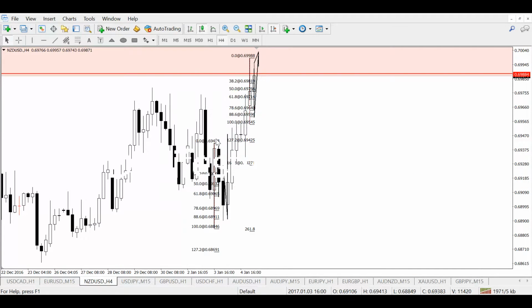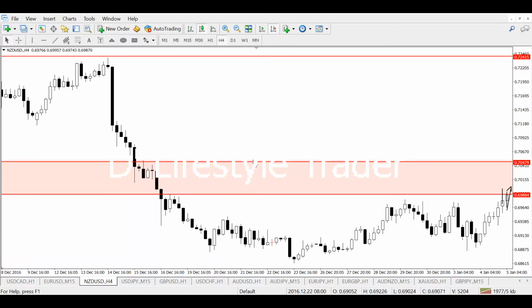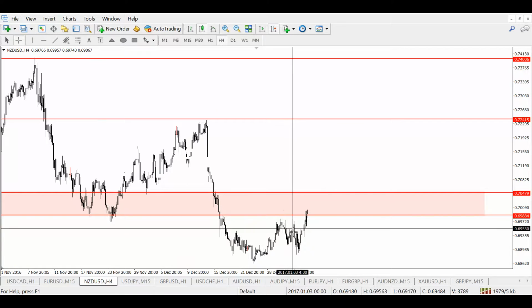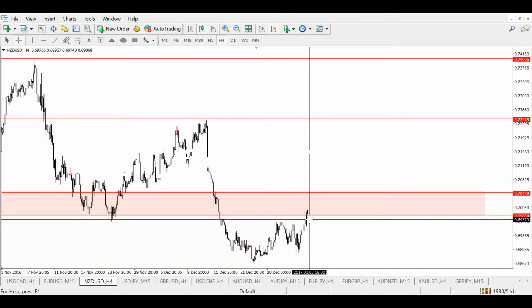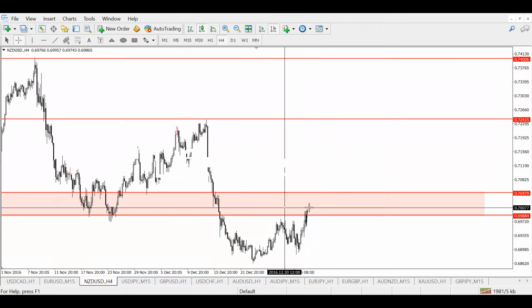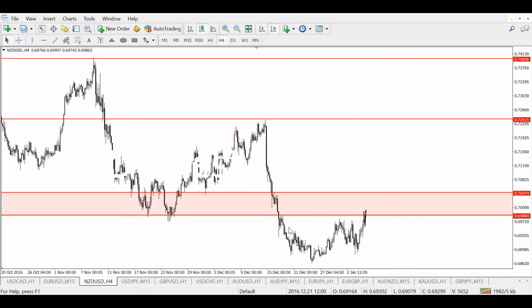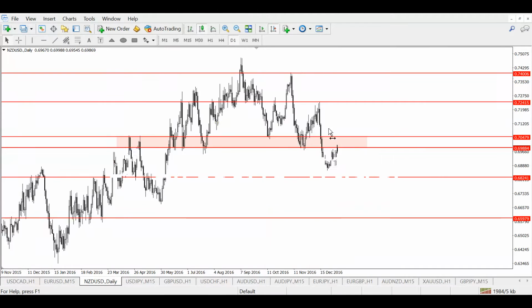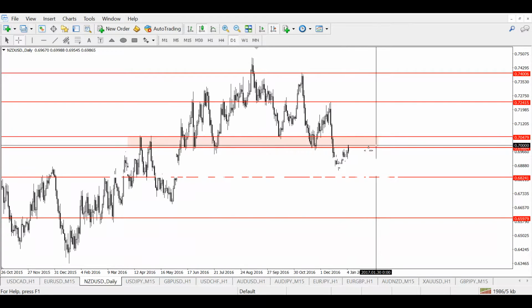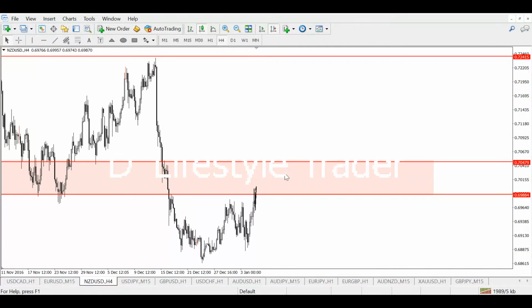If you look at the 4 hourly chart, we can see that the price has been retracing, going upwards, and it's going to enter one of the major resistance zones, or rather support and resistance zone. If you look at the day one chart, this is the major support, so this is the zone itself, this is the major zone. So expecting the price to go further into the zone,